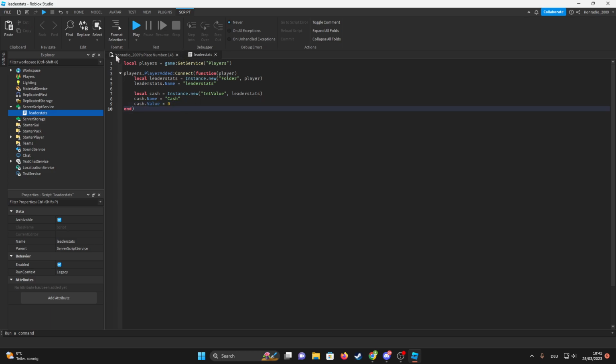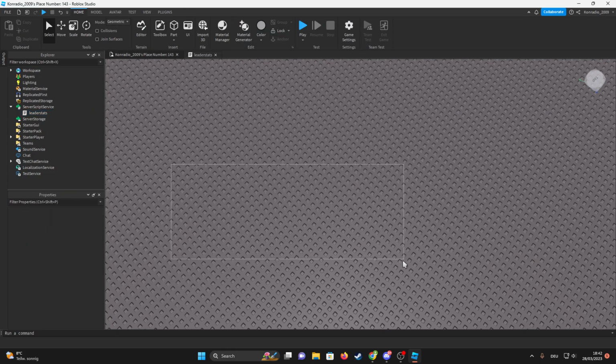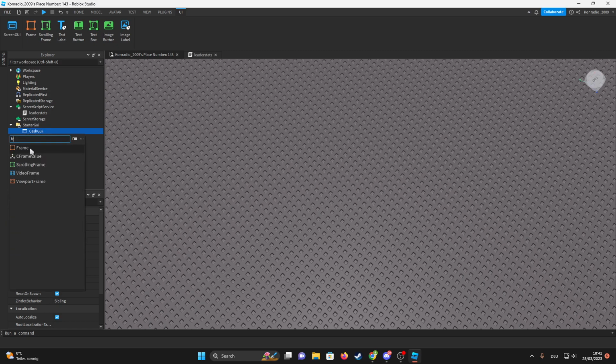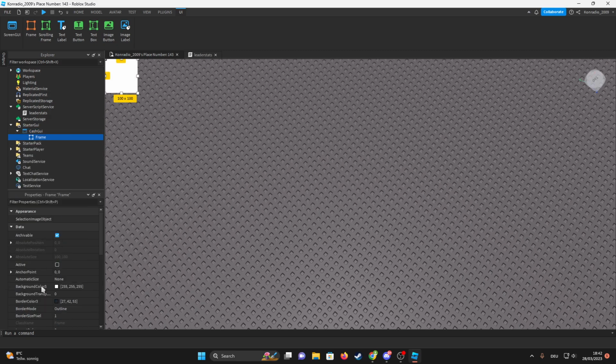And we're actually going to make a button that gets us one cash if we click on it, and it's going to have a 0.5 second cooldown. So we're going to make this cash GUI, and we're also going to add a